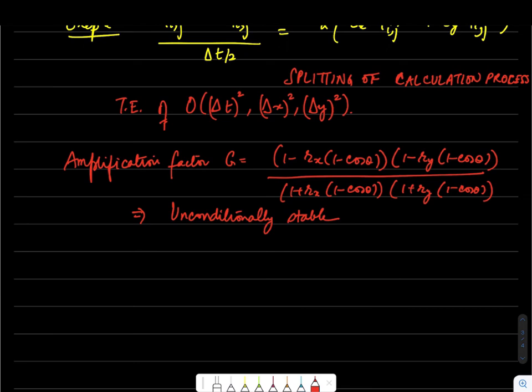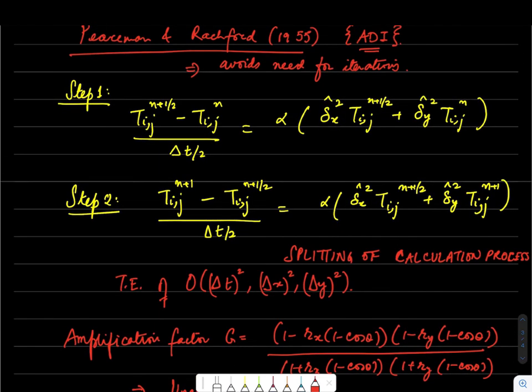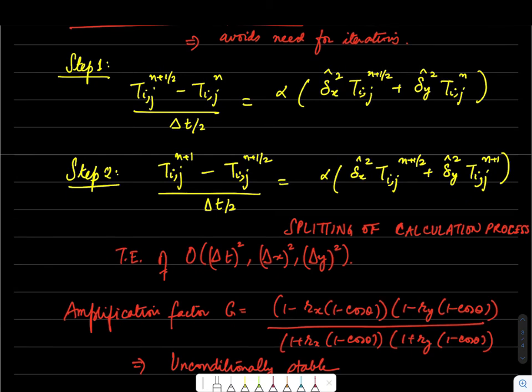Further, this variant can also be adopted for a three-dimensional problem. So we have so far looked at only two-dimensional heat conduction. In three-dimensional problems, we will have the calculation being done in 1/3 steps for each of the directions. We start at time step n, we will go to n plus 1 by 3, where we'll have del hat square x at n plus 1 by 3, and del hat y and del hat z squares will be at n. The second step will be n plus 2 by 3, and we will have del hat y square at n plus 2 by 3, and then we'll have del hat.